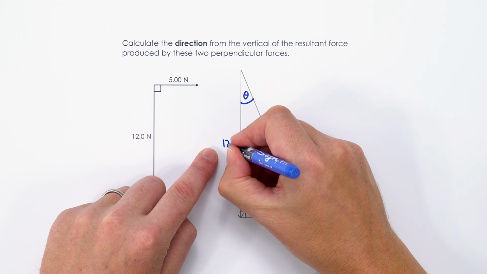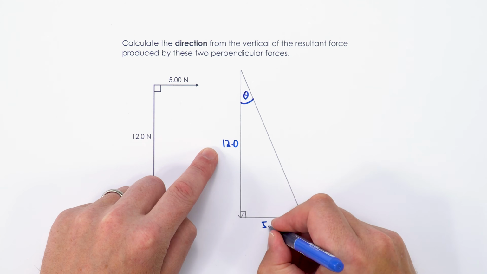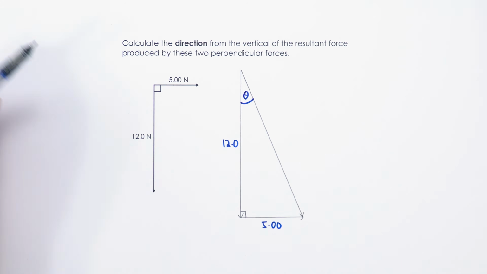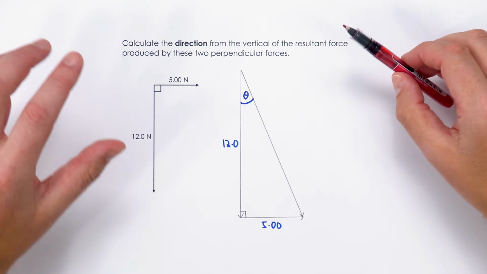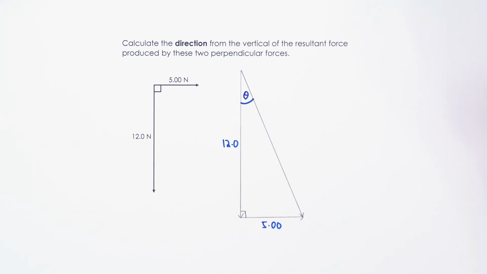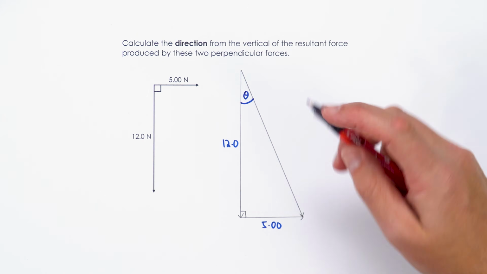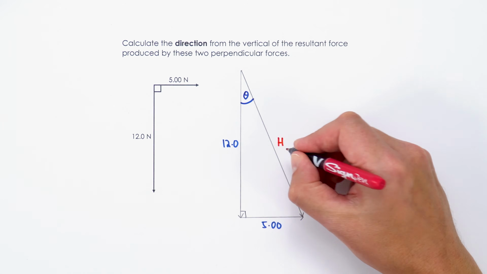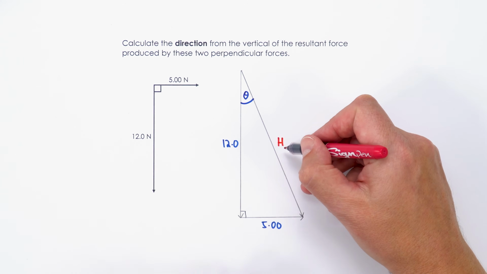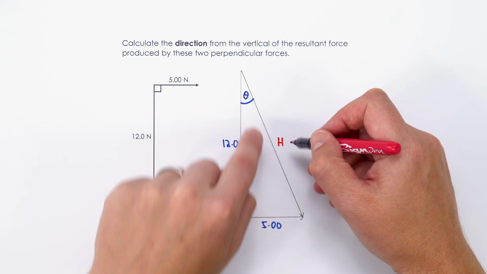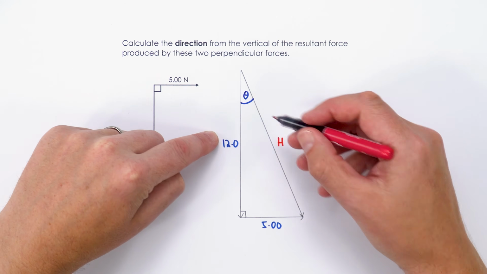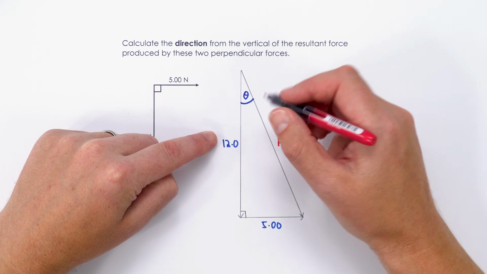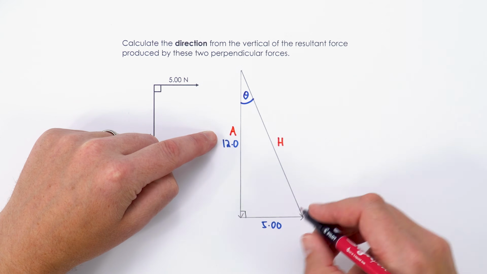So that's 12.0 newtons, that's 5.00 newtons, and the first thing I'm going to do is just try and identify which of these is the opposite and which is the adjacent. Well, the longest side, first of all, h, we could calculate that using Pythagoras. I'm just going to label that as h to be the longest side. This side here is next to the angle, so that's going to be my adjacent side,